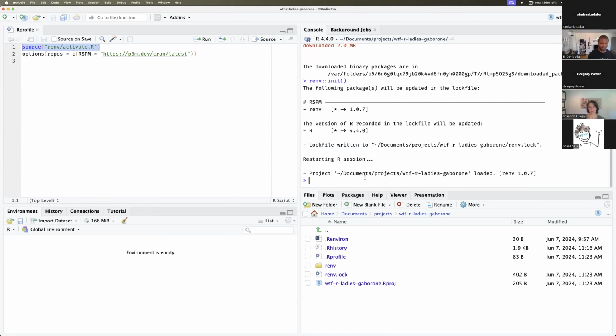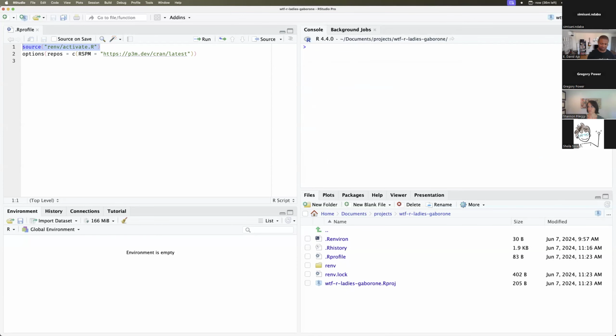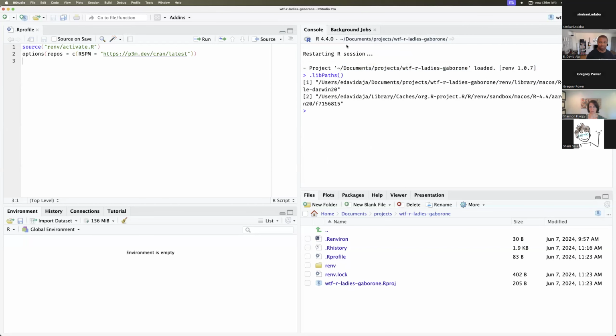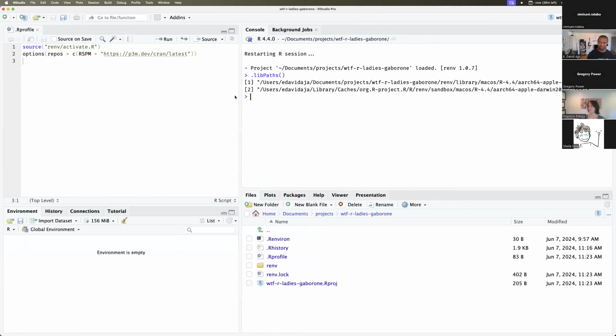So you'll see if I clear my console and restart R one more time, this message is being printed, and renv has printed this message. So I get the renv version, I get the project I'm working in, and those messages are coming from this activate script. Now, if I look at the lib paths again, I'll make this a little bit bigger,